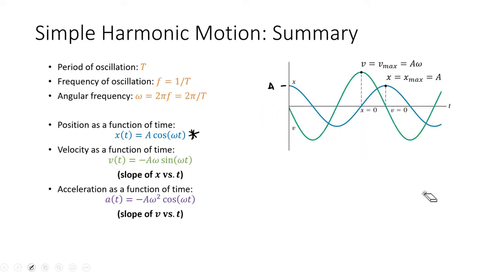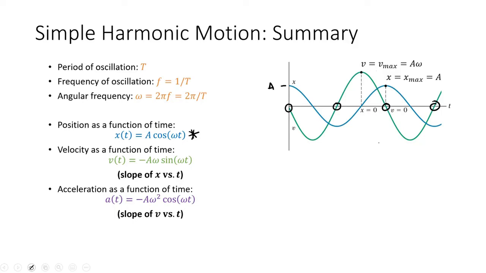Okay, and so then we see here that for the velocity as a function of time, if x is equal to a maximum, so if x is equal to A, or if x is equal to a minimum, so in other words minus A, you're always going to have velocity equal to 0. So you'll notice every time that x is a maximum, your velocity is 0. Okay, so this happens every time that x reaches either A or minus A. Okay, so that's a good way to figure out how you can draw your velocity if you have the position